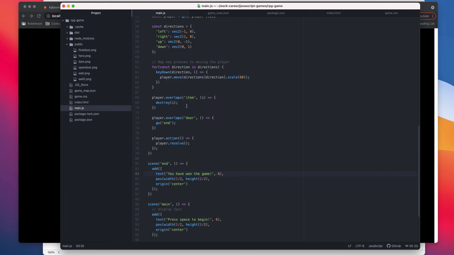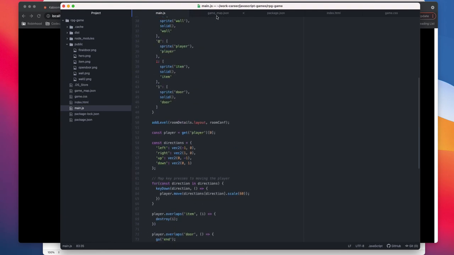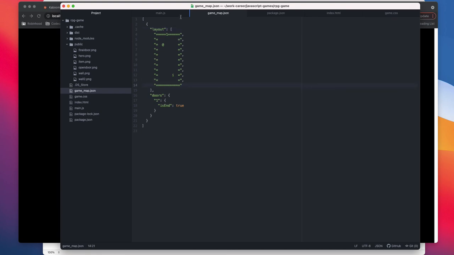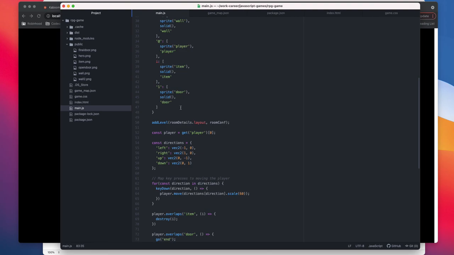It's a very basic game. I know you guys can add more levels to it by adding to the layout and then adding a few more doors to the design, but this is the overall aspect of creating an RPG game. You can create more complex versions of this, but the base would be this.